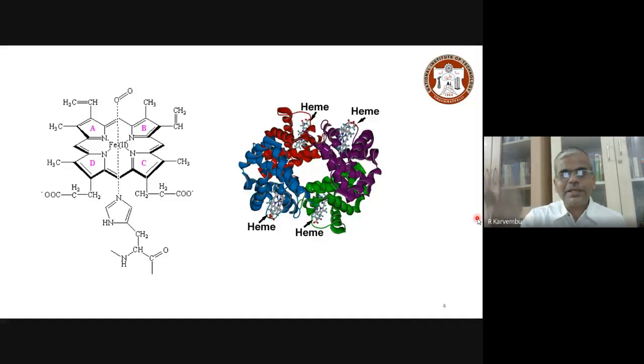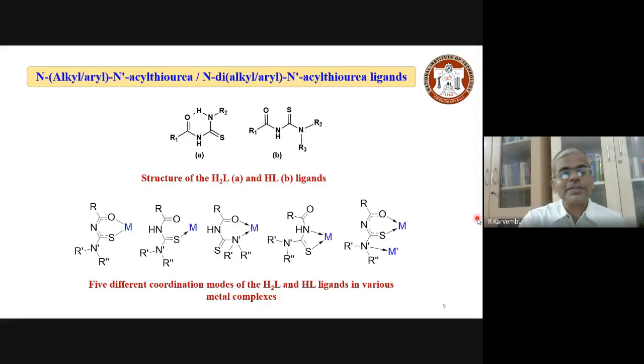And because of this, the interest in coordination chemistry is sustained, and many like me live along with coordination chemistry. I said already that metal does the function. The ligand tunes the property of the metal in such a way that the metal can do the function effectively. To prepare some of the complexes for some catalytic applications and also for biological applications, we have prepared and used